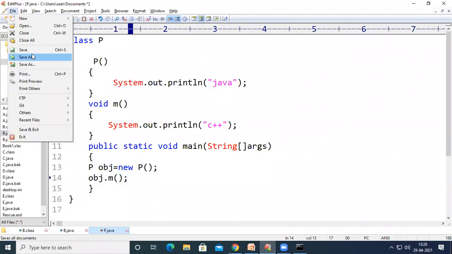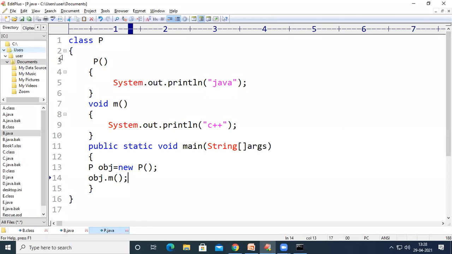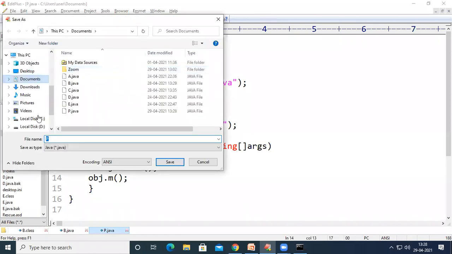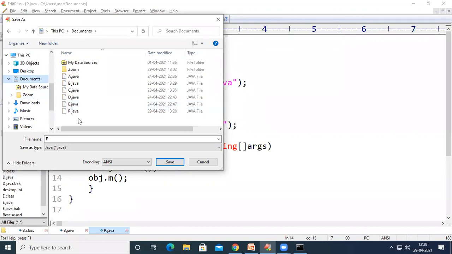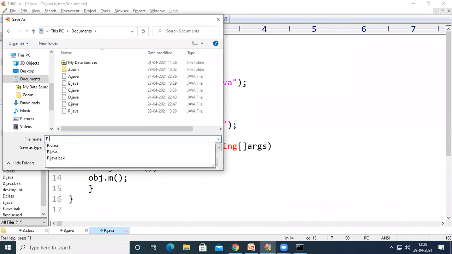So I am going to save this code as something called p.java, capital P.java.